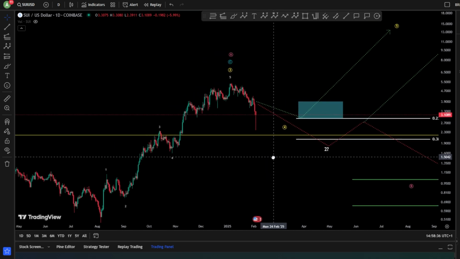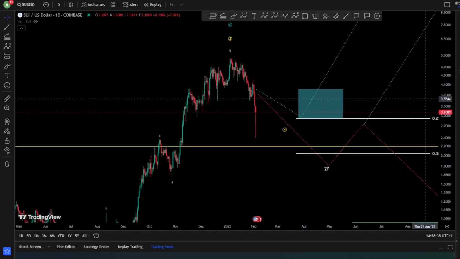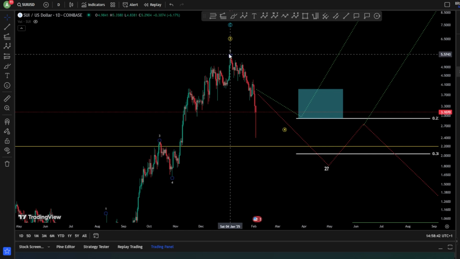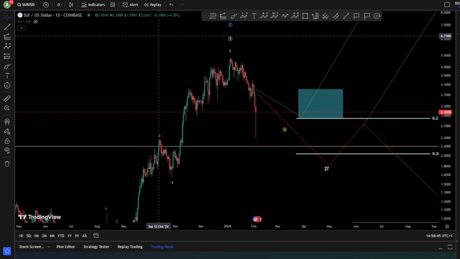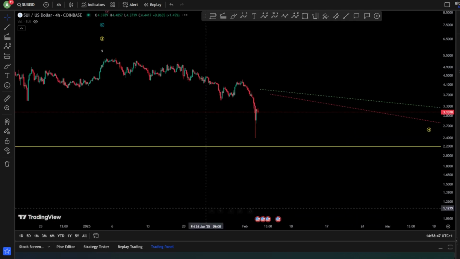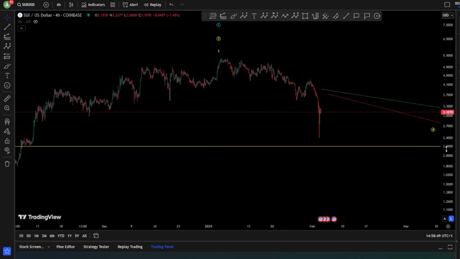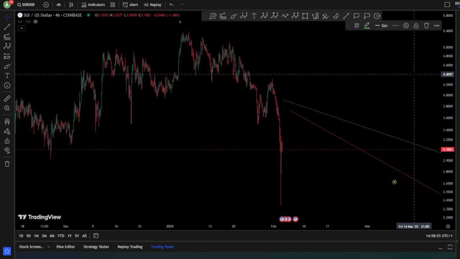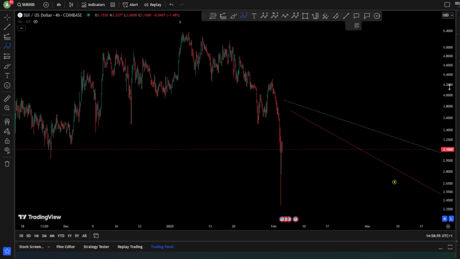where we saw a very deep drop toward the downside, hitting between those fib levels for a wave 4. Now, to get some answer, we need to analyze what happened here. So basically, if we go on the 4-hour chart to check what's going on, what does this mean? All right, so let's start decoding this thing here.